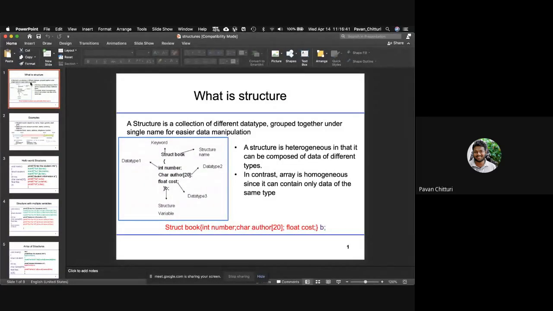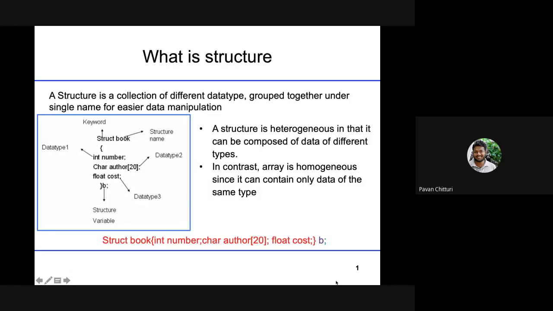What is a structure? If you formally try to define something, this is how the definition of a structure will look. Structure is a collection of different data types grouped together under a single name for easier data manipulation. Structure is heterogeneous in that it can be composed of data of different types. If you see the example on the left hand side,